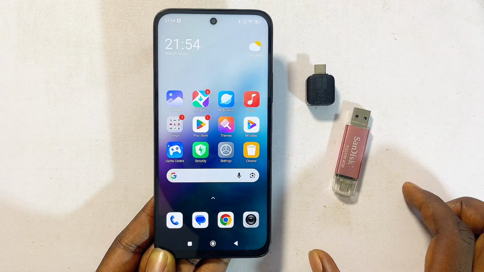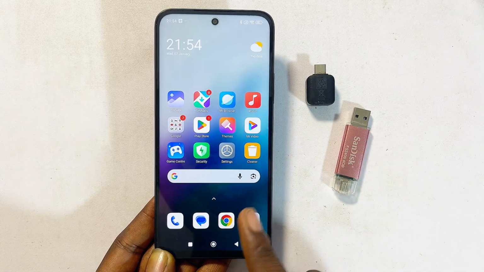Hi guys, in this video I will guide you on how to transfer files from Android phone to a USB